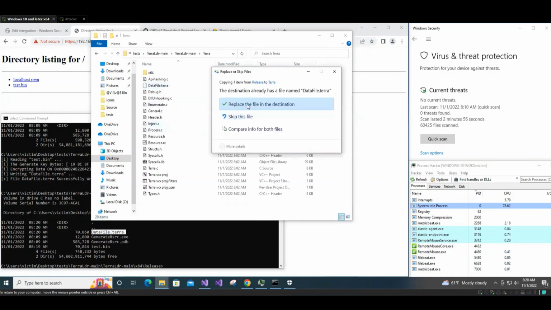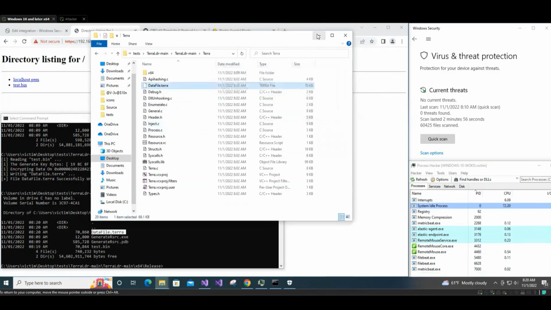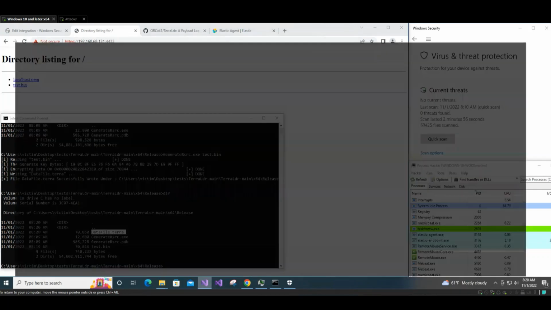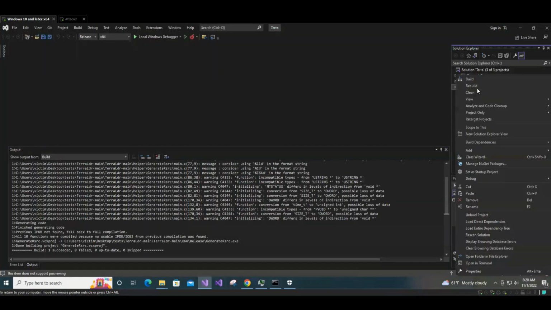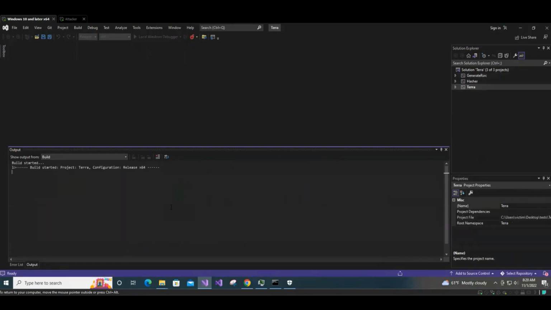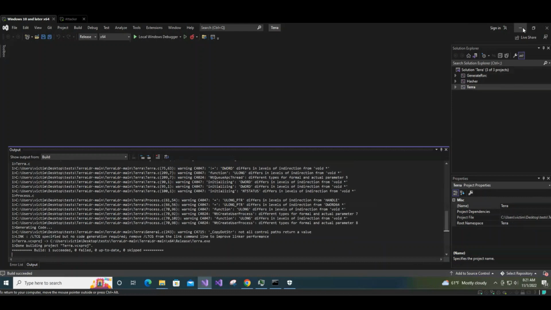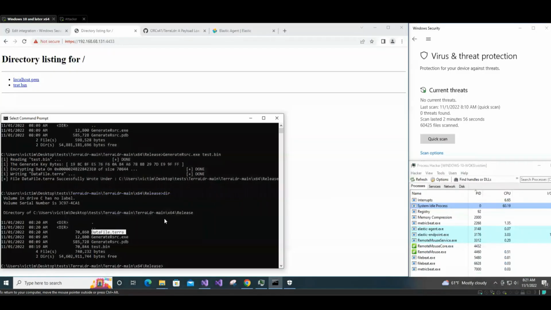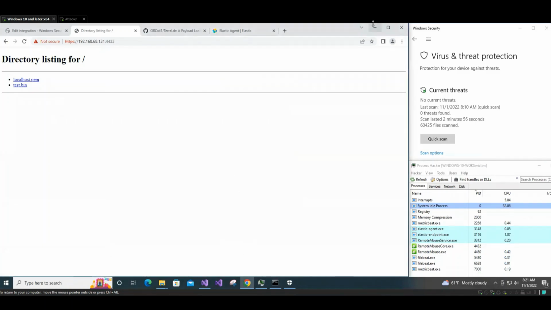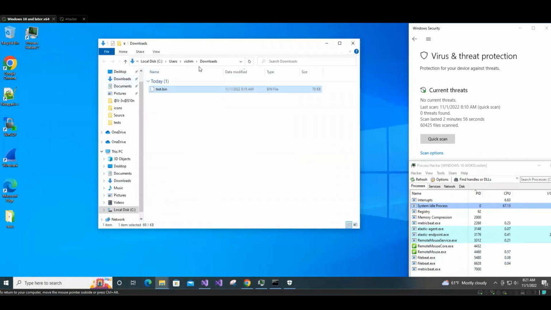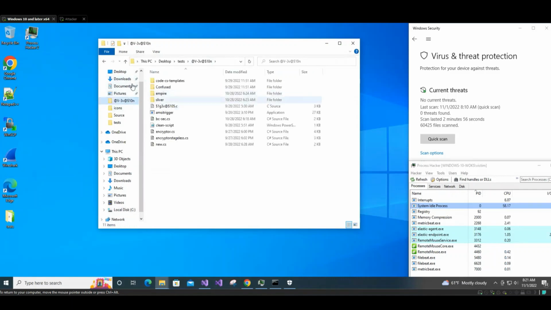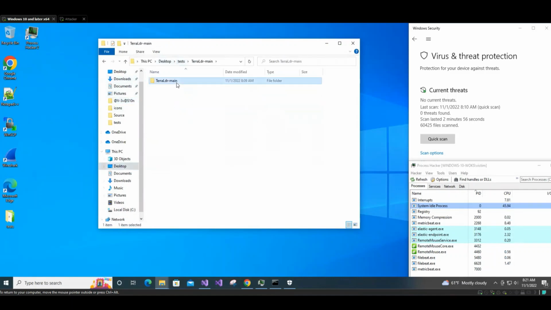And we'll paste it here and replace the file. So that's good. And then we will build it with the test.bin. And once that's done, we'll have a Terra payload or a Terra binary. And what I want to do is place the actual binary on my desktop to see if Defender alerts. So we'll come back to here